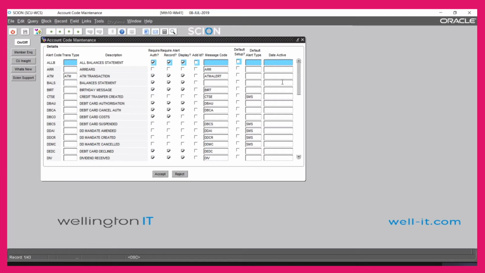The other columns allow you to configure how those are handled regarding permissions and things. The first one is, does it require authority? Has the member opted in to GDPR consents for the type of alert, be it text or email? Do we record it on the system as a specific record? Do we display it in the maintenance screen? The add ID option is, do we add the account number on if we're going to use texting, just to maintain some level of